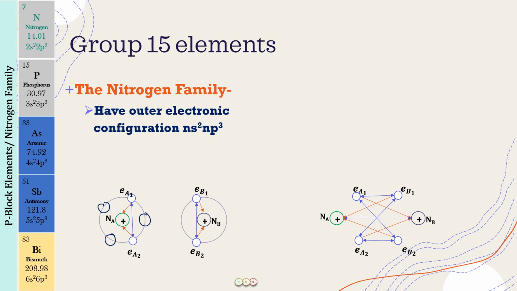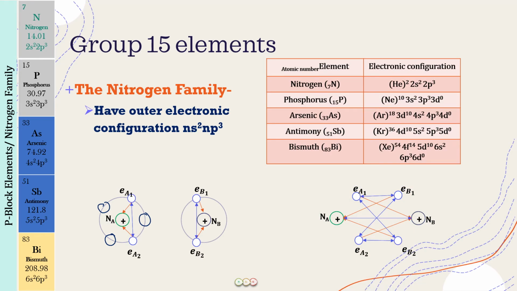Okay, and when I make 5 electrons, this means the nucleus is going to be attracted to these 5 electrons, right? And these 5 electrons are also repelling each other. But along with that, now there are going to be more orbits also present. If I talk about the group 15 elements, let us write down their electronic configuration. Okay, let us take the example of phosphorus. So in phosphorus, what is the electronic configuration for the valence shell? It is 3s2 3p3, and also do remember that there are 3d orbitals also present for phosphorus.